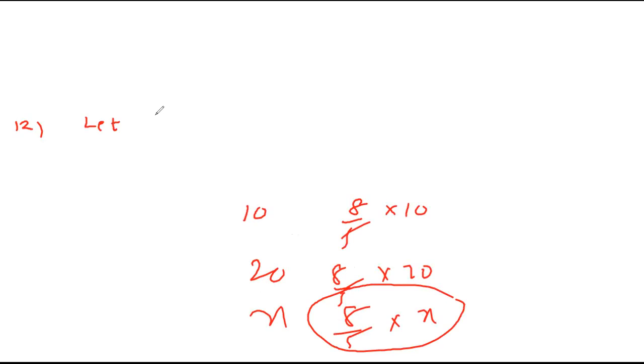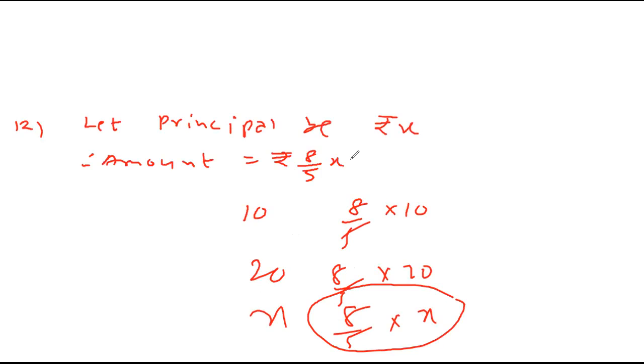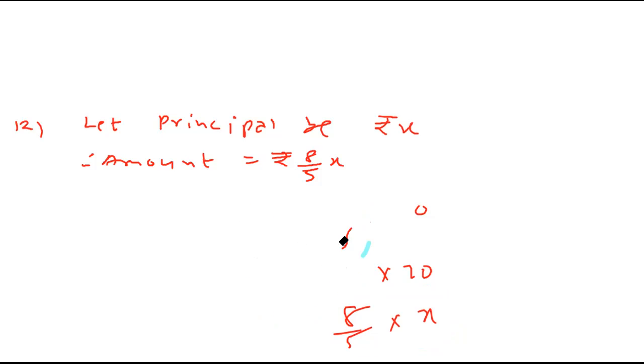So can I say let principal be rupees X? Therefore, it becomes 8 by 5 of itself. So rupees 8 by 5 X becomes the amount. I hope you follow this line. Yes, sir. Now the difference of these two is what? Interest, no? Yes, sir. So amount and principal, when you subtract, what you will get? Interest or not? Yes. Now, once you know interest, PRT upon 100 is our answer. Please solve now further.